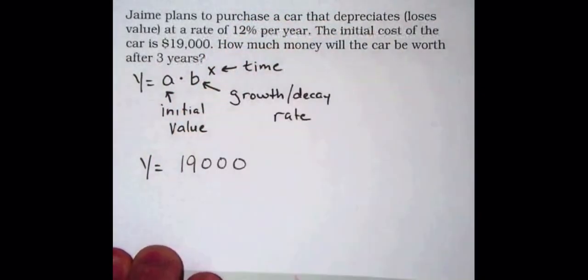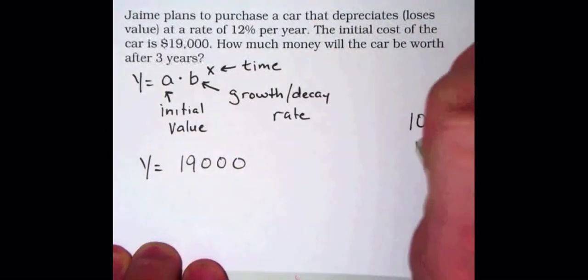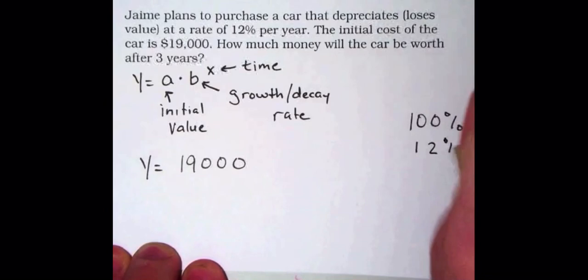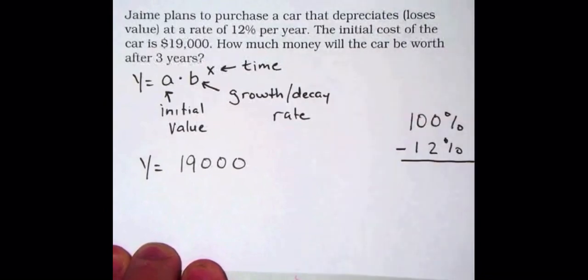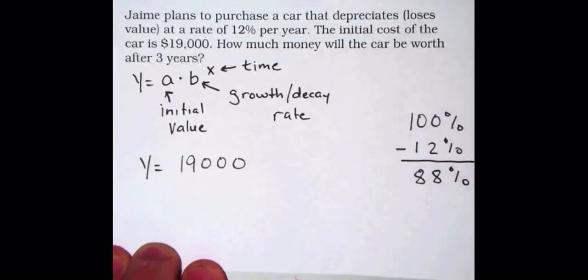Since the value of our car is depreciating or losing value at a rate of 12% each year, we know this is an example of exponential decay. To calculate our decay rate, we need to subtract 12% from the entire value of the car, or 100% of the value of the car. When we do this, we notice our decay rate is 88%, or as a decimal,